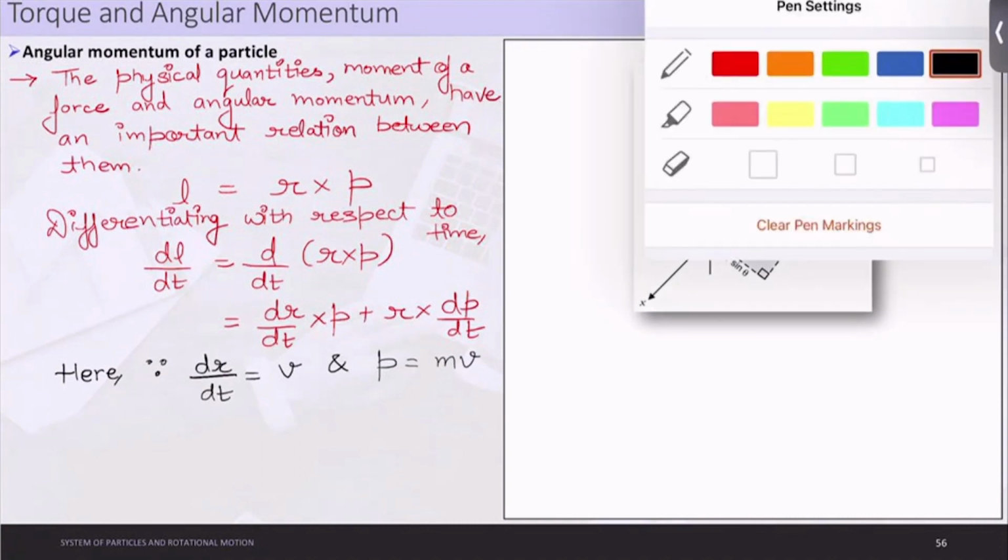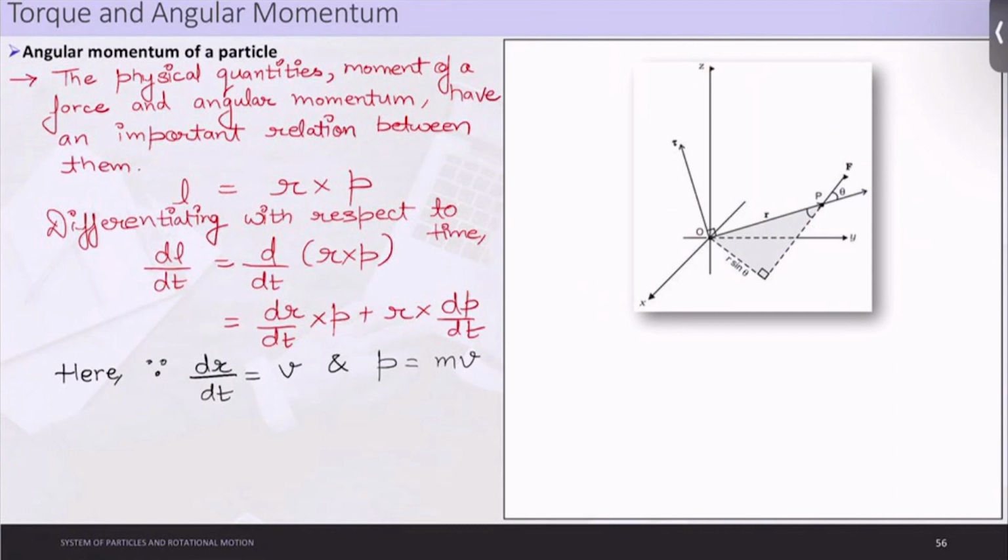So now look at this line very carefully. Therefore, you can write dl by dt is nothing but equal to velocity cross mass into velocity plus r cross